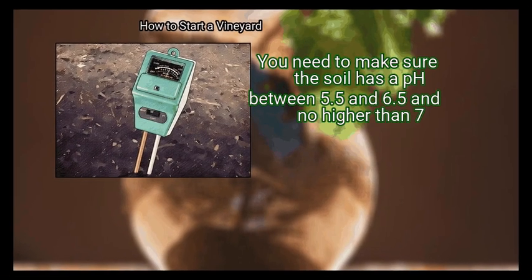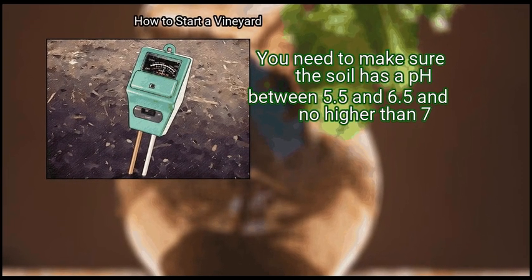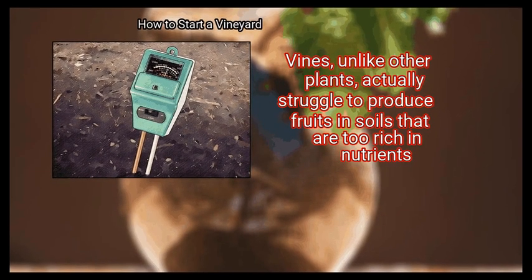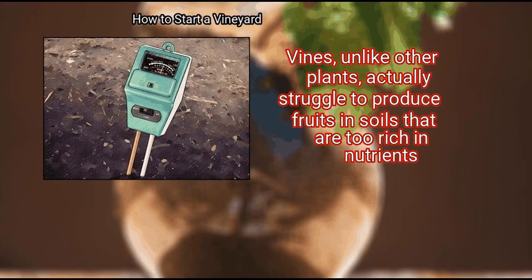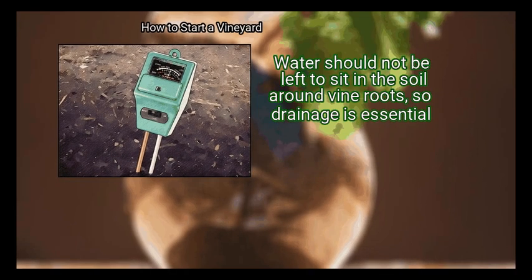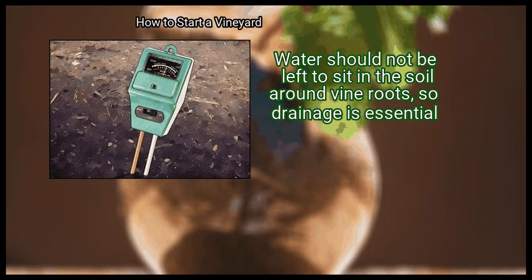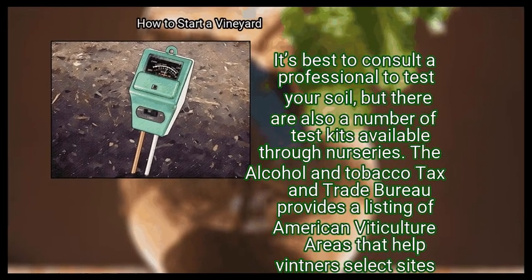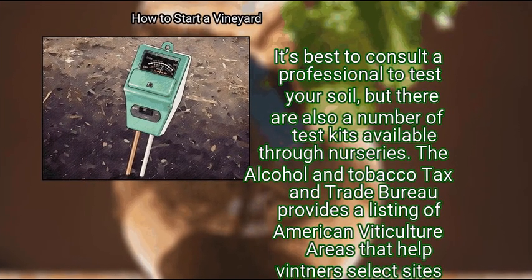You need to make sure the soil has a pH between 5.5 and 6.5 and no higher than 7. Vines, unlike other plants, actually struggle to produce fruits in soils that are too rich in nutrients. Water should not be left to sit in the soil around vine roots, so drainage is essential. It's best to consult a professional to test your soil, but there are also a number of test kits available